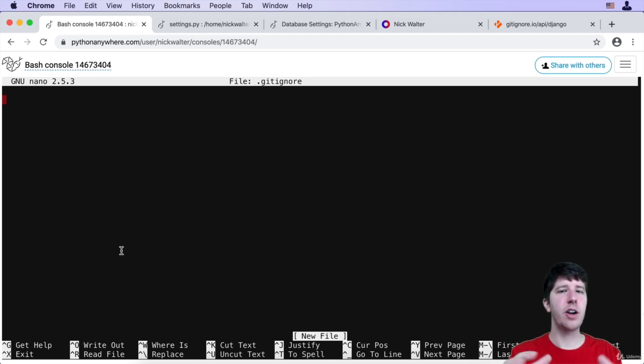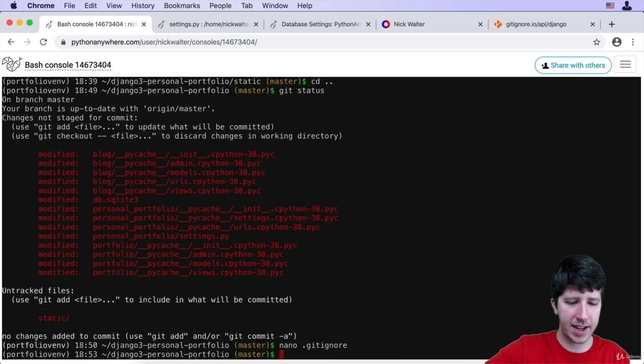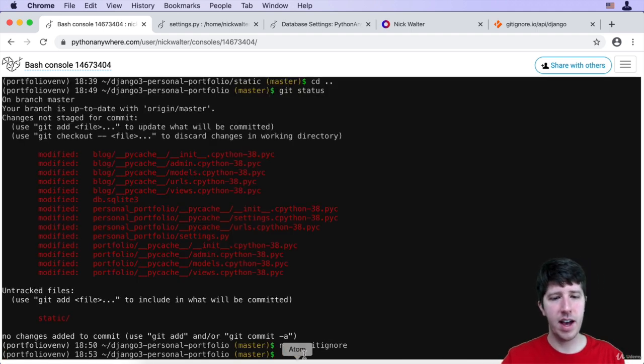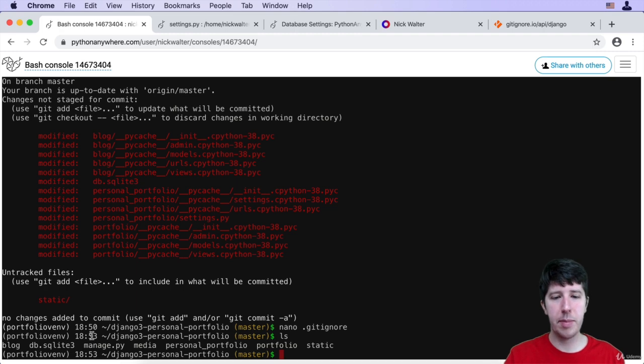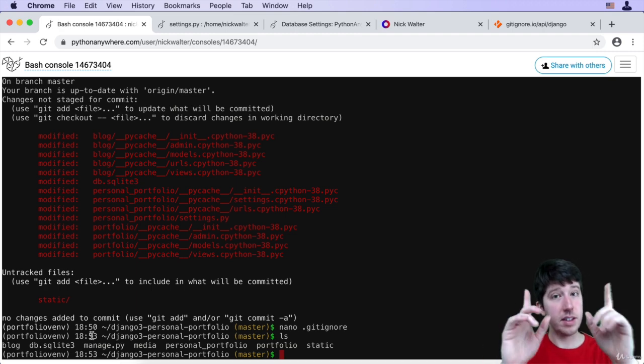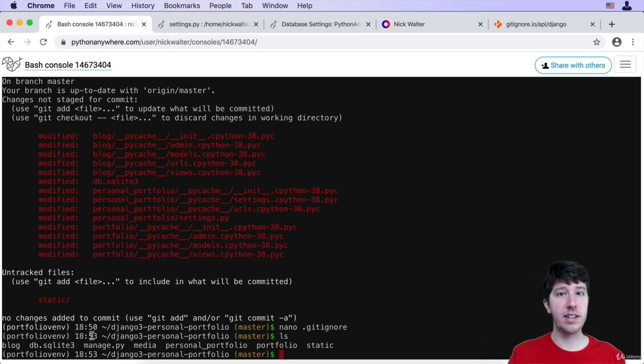If you ever need to exit out of Nano, a text editor in the terminal, you can do a Control X to go back out, but make sure you're in the same folder that has manage.py. Because this is the same place that has our .git folder. Like if I do a cd .git, you can see it auto-completes for me because that's where we are. All right, so again,